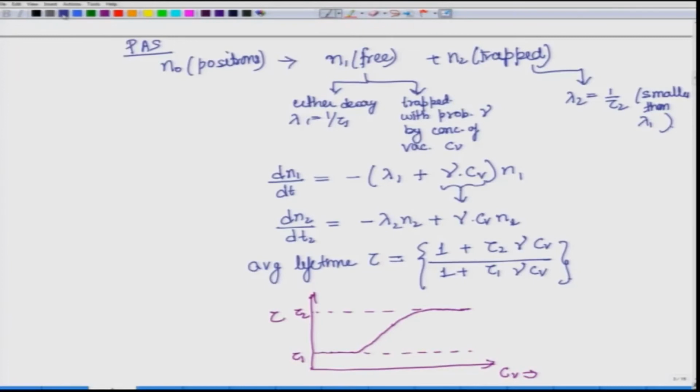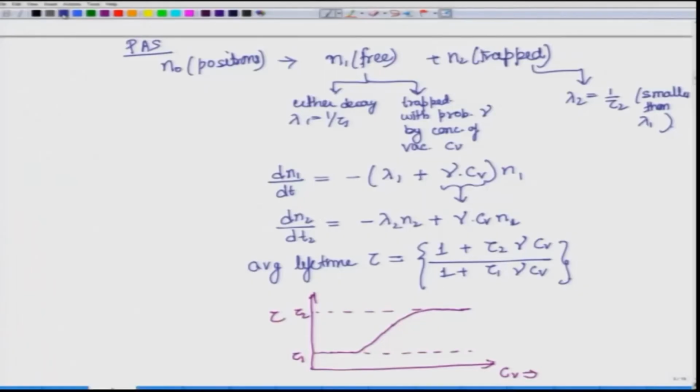Now, another interesting aspect is that when these positrons are generated, they actually emit some gamma radiation. Now, when they are annihilated, then again they generate a gamma radiation like the one I showed over here, according to that relation. So, both their birth and death correspond to some gamma radiation, and this helps in detecting the time when this event took place. So, you can easily characterize what was the time when this positron was generated and what was the time when it was annihilated, and that way you know the total lifetime of these positrons.